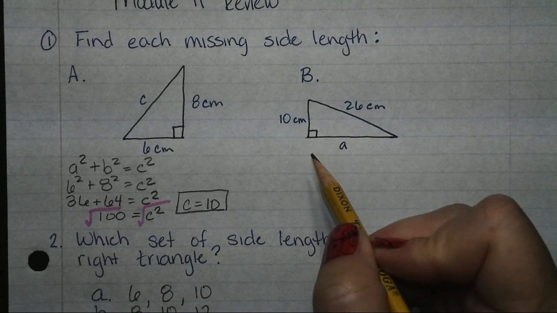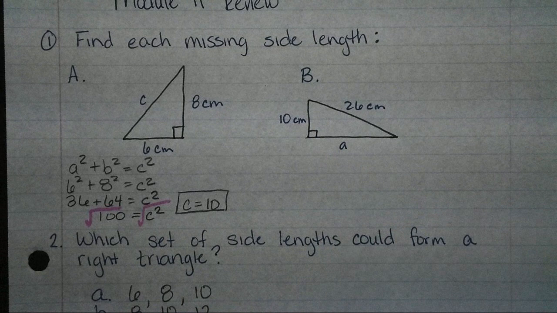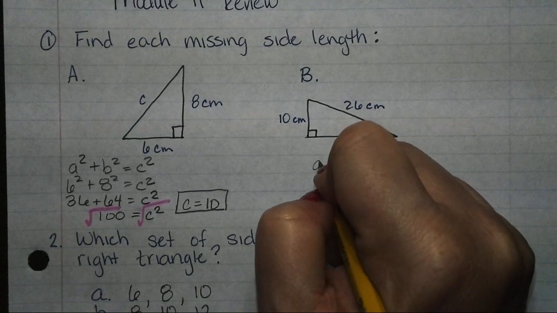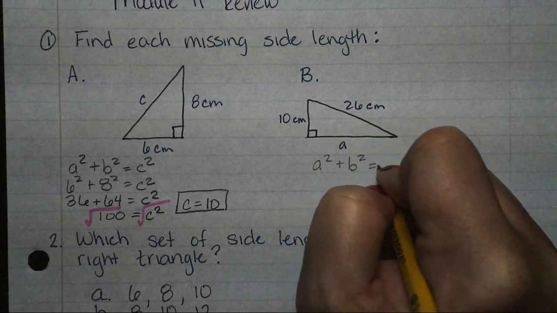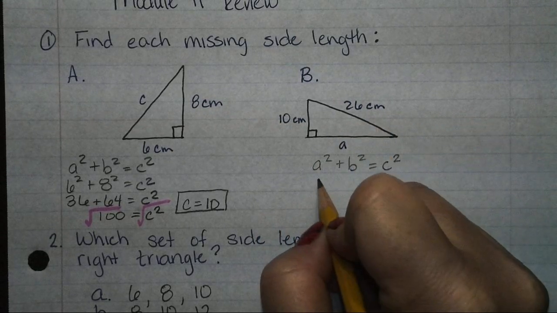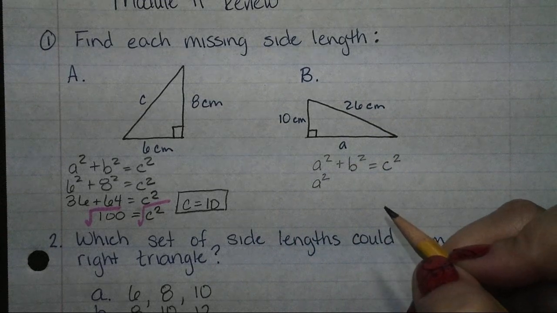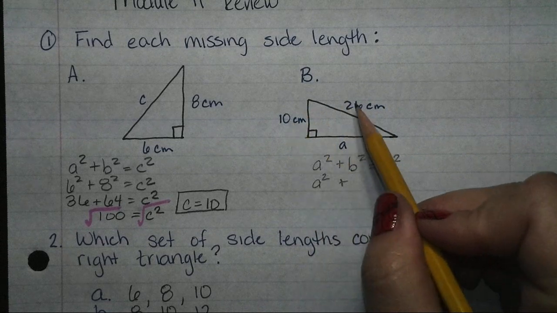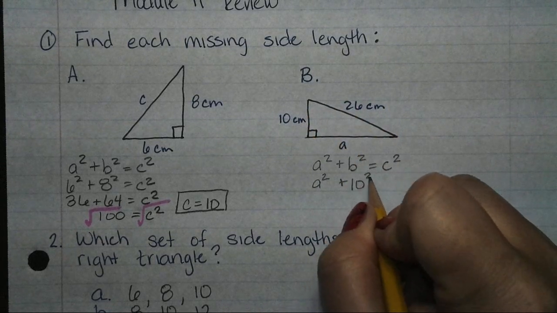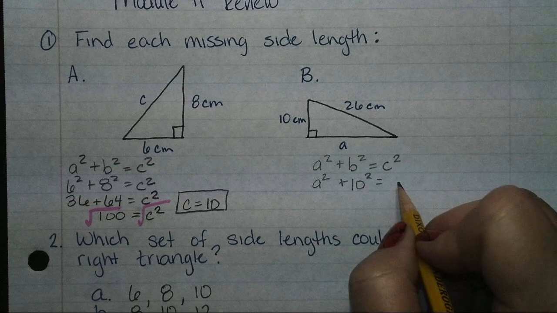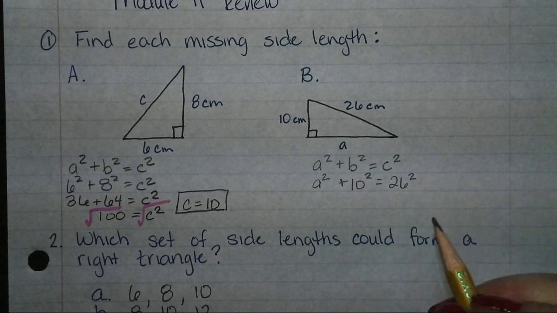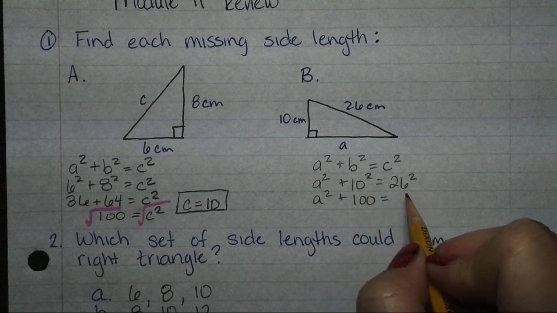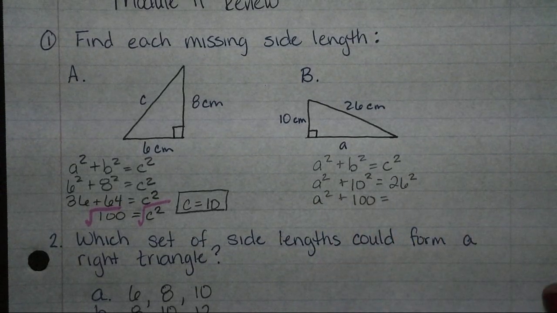So let's do B. So B, in this case, we're looking for a missing leg length instead of the hypotenuse. So we still set it up. A squared plus b squared is equal to c squared. We don't know a at this time, so we're going to leave it just like that. And then we know b squared is 10 squared, which is equal to 26 squared. So then we're just going to work it out. 10 squared is 100. 26 squared is